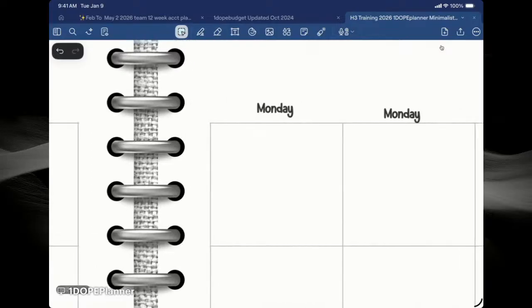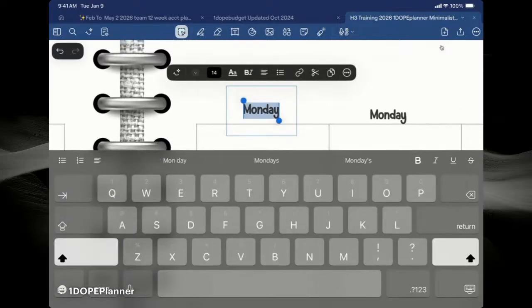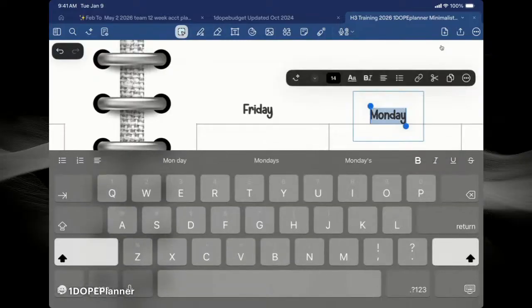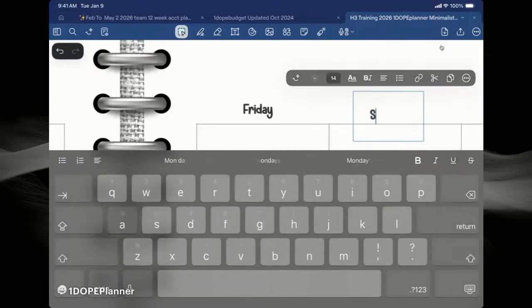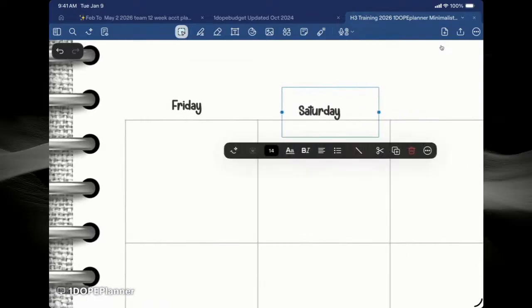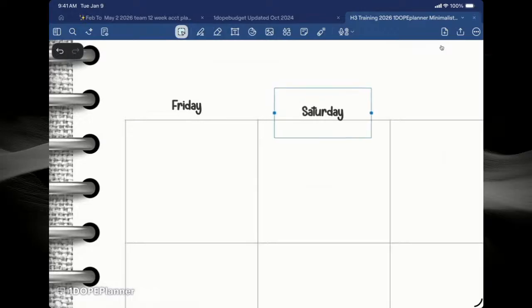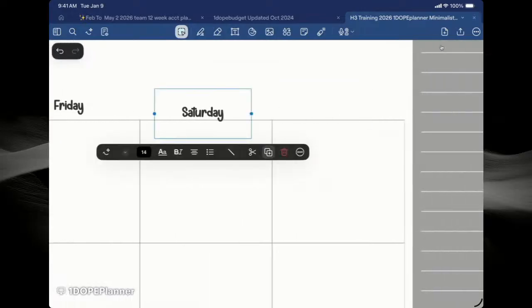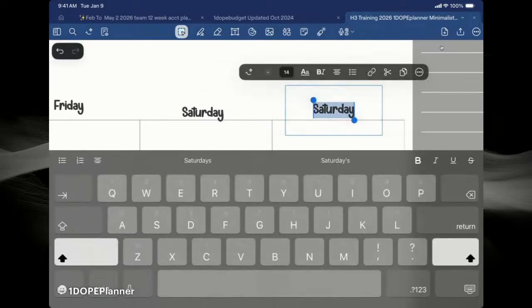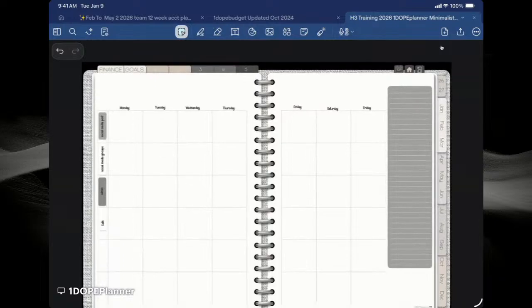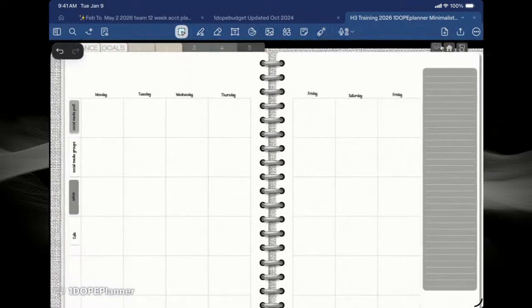Like, I'll align them later. And then I'll save the whole format. So I haven't decided if I'm going to use this as a checklist, which you can. And I'm just going to duplicate that. And what I mean by a checklist is like whatever your system is, like your to-dos that I'm going to